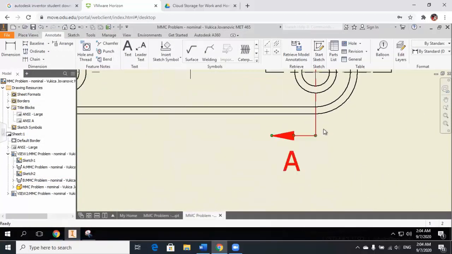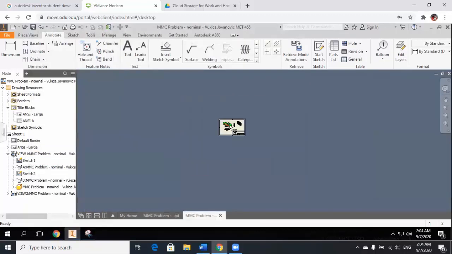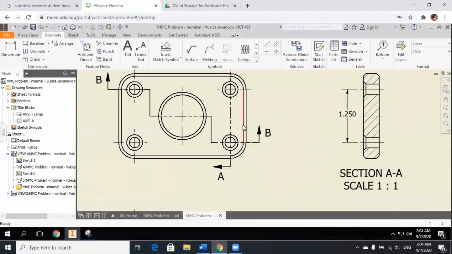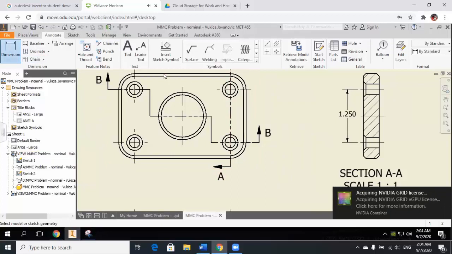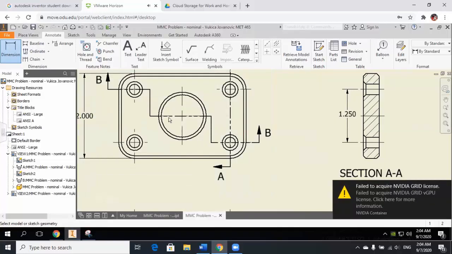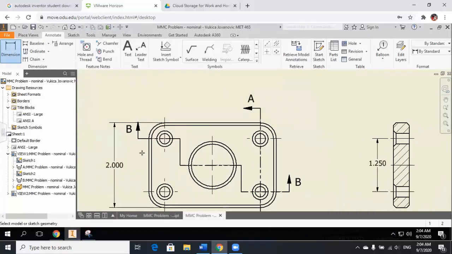So hold on, I have one hole that I didn't, yeah, now it's good. So middle mouse click if zooming like this happens to you. So just move slowly. So now I will put the height here, and then hold middle mouse click, and then pan, and then I can put the overall width,